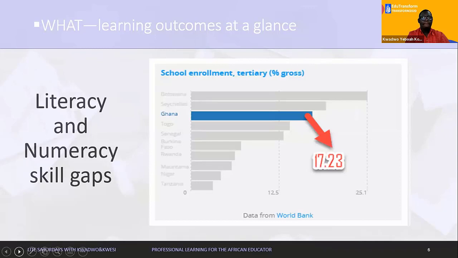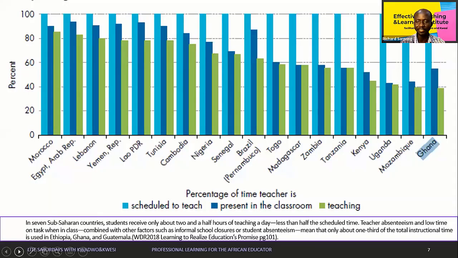And I think all the efforts being made are geared towards improving the quality of education and ensuring that the outcomes will be very good. But what is even worrying in the statistics, if we look again at the World Development Report in 2018, I'm focusing a bit on Ghana, and here we are talking about the percentage of instructional time lost,